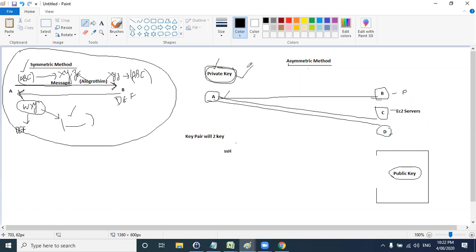This private key is not shared with anyone, right? In case one, the message is common, and if a user who is trying to intercept the message knows what type of algorithm you are using, they can easily decode your message. But in this case, the message can be given to anyone, yet they must have the proper private key in order to decode the messages.